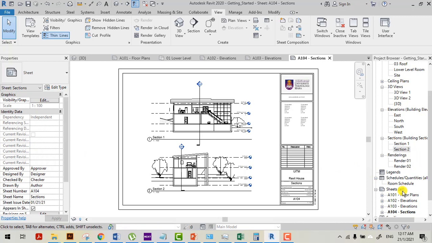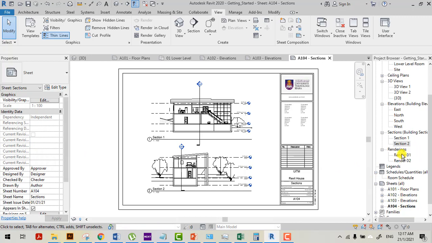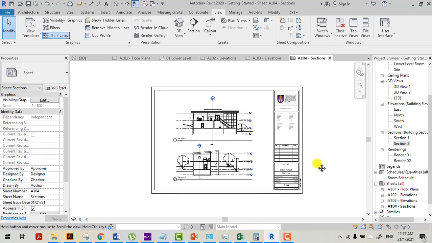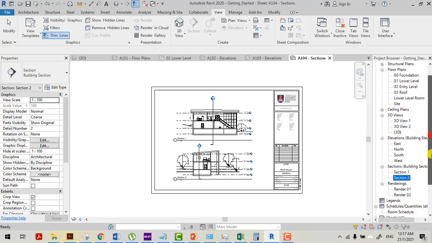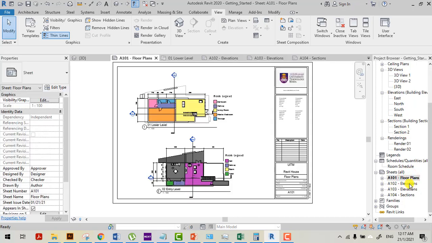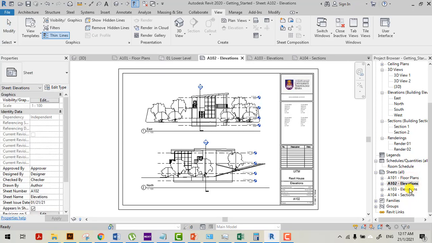Sections, and then maybe the fifth one is for your renderings, and then the other sheets are for your room schedules, your window schedules, your door schedules. Okay, so basically that is just how you can create your sheets. All right, so you can see your floor plans, the elevations,